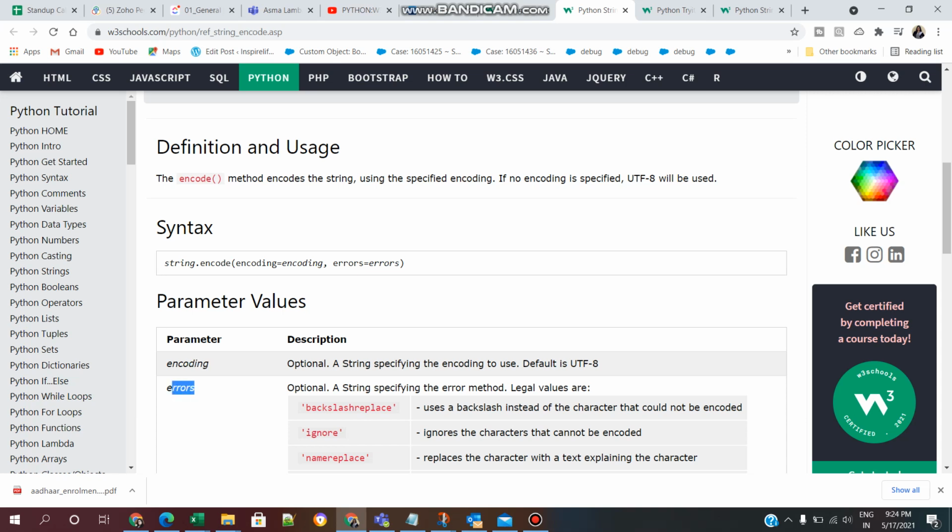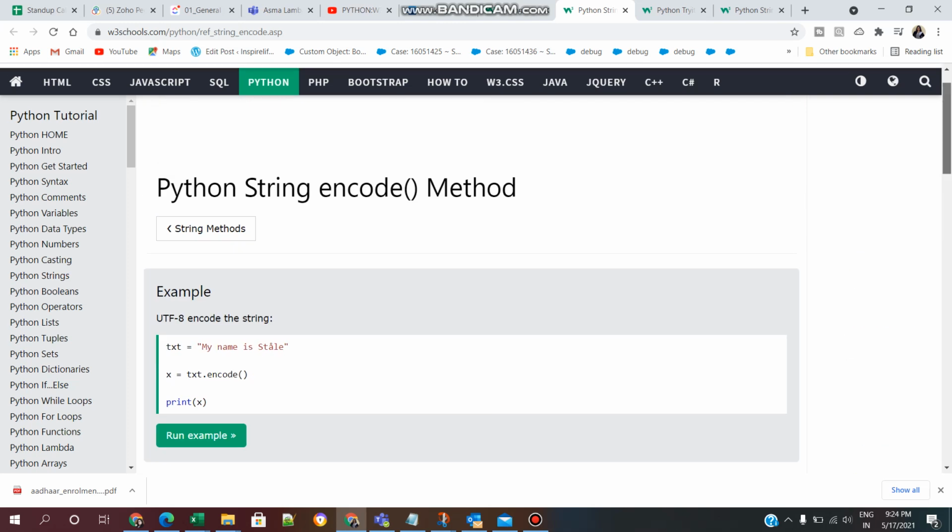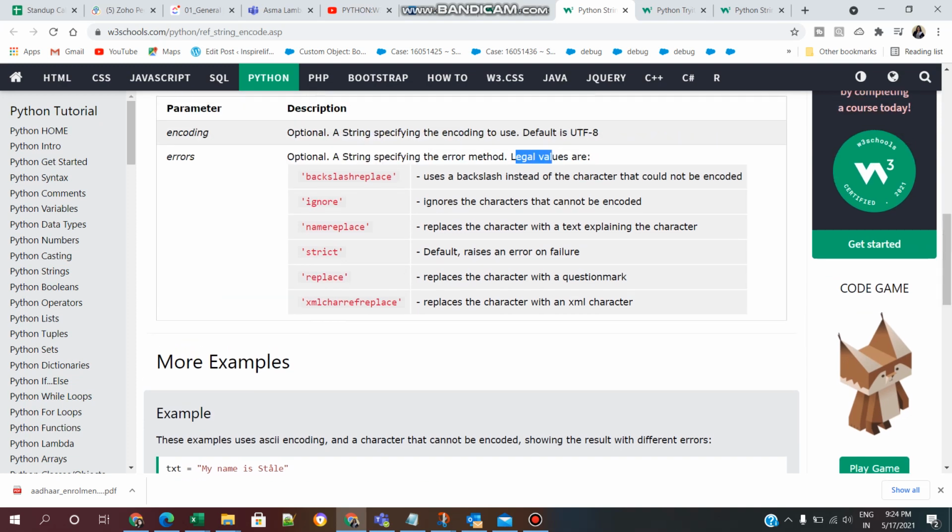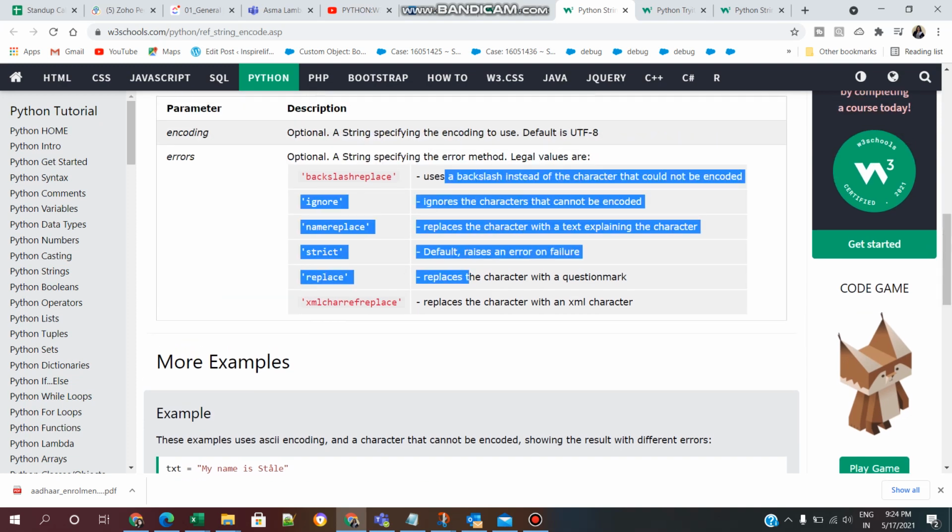The errors parameter is a string specifying the error method. The legal values are strict, ignore, namereplace. These are all errors parameters.